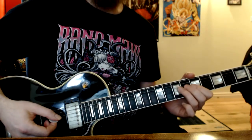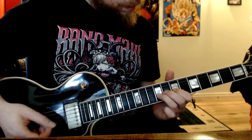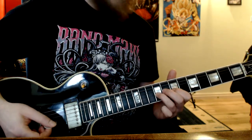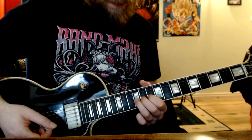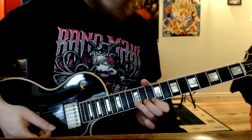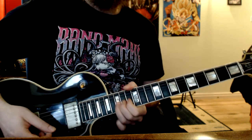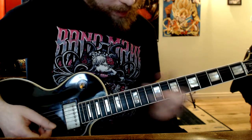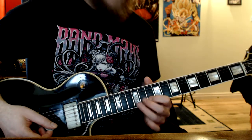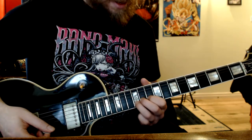Okay, so that's just starting on the D string, sliding up to 9. So that's just 7 to 9 on the G string, and then up to 12. So from the 12, just going back and forth between the G and the B, playing the 10 on the B, so just back and forth, and then 12 on the B,